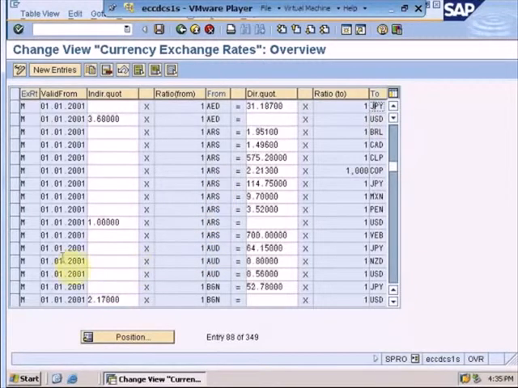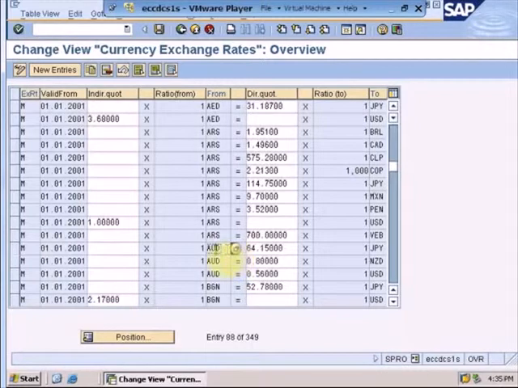Similarly, in another example, 1 Australian dollar is equal to 64.15 Japanese yen. So all these properties have to be defined against a certain exchange rate type, that is M.